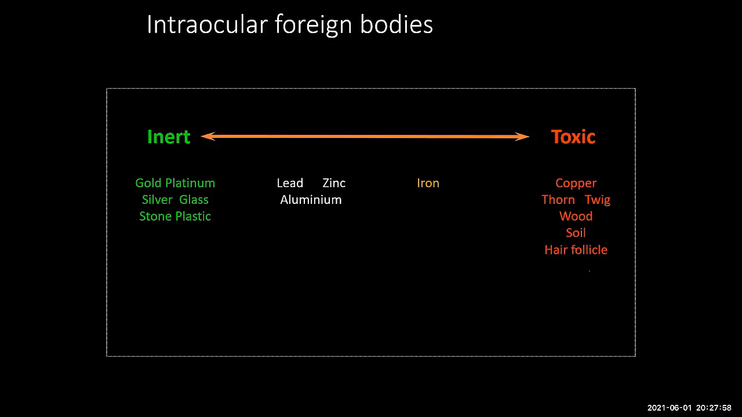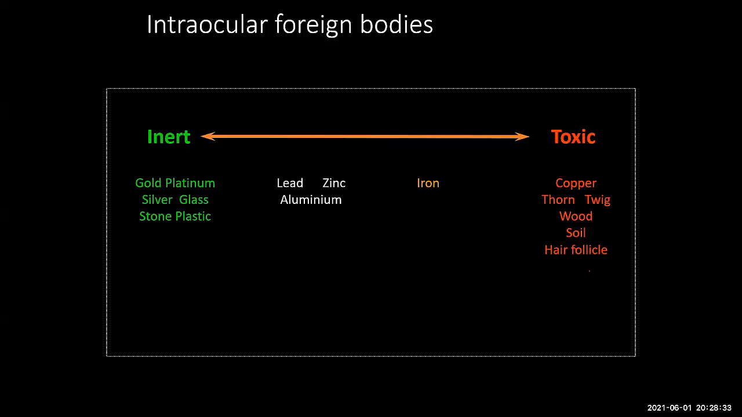Now, intraocular foreign bodies. There's a large spectrum. On this side, you have inert foreign bodies, starting from gold, platinum, silver, glass, and sometimes stone and plastic can be inert. But remember, if this patient gives a history of soil contamination, you have to be very, very careful because they have a high chance of getting endophthalmitis or severe